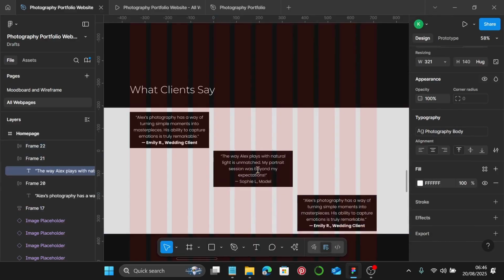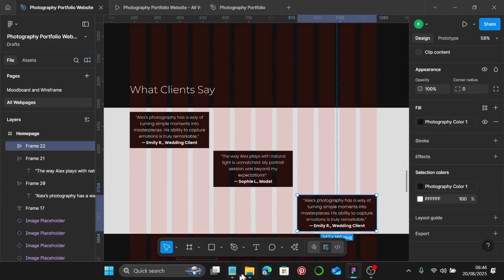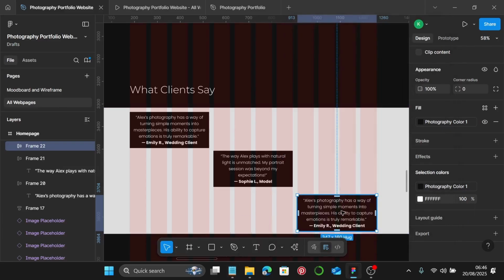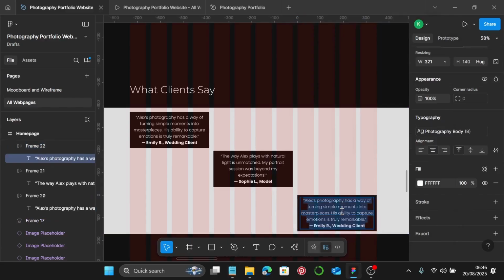I'm going to paste that, and I'm just going to select this, make it bold, and finally let's copy our final text, and I'm going to paste that. Select this,